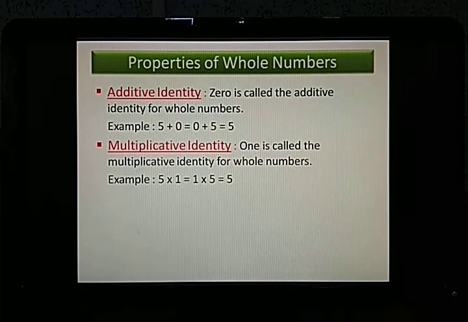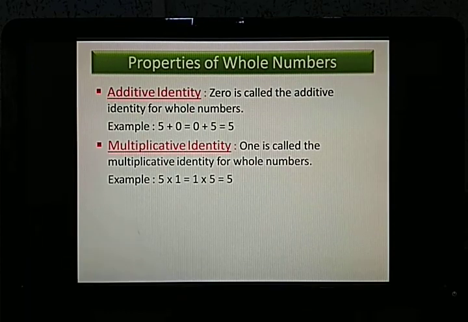In the distributive property, you might be thinking why I have not done the case of subtraction. Distributive property in case of subtraction, will it hold or not hold? This is your job now. You can try it out and then find for yourself whether the distributive property holds in the case of subtraction or not. The process is the same, that is a into b minus c, it will be this time